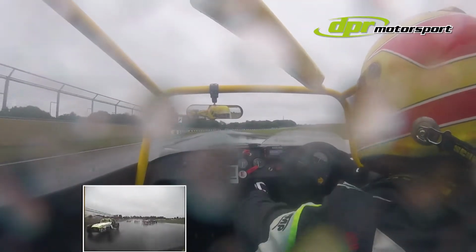It's going to be a 30-minute race. The lights are on, they go out now, away we go, and it's a pretty even start between the two front row drivers. Chris Hutchinson, if anything, has his nose